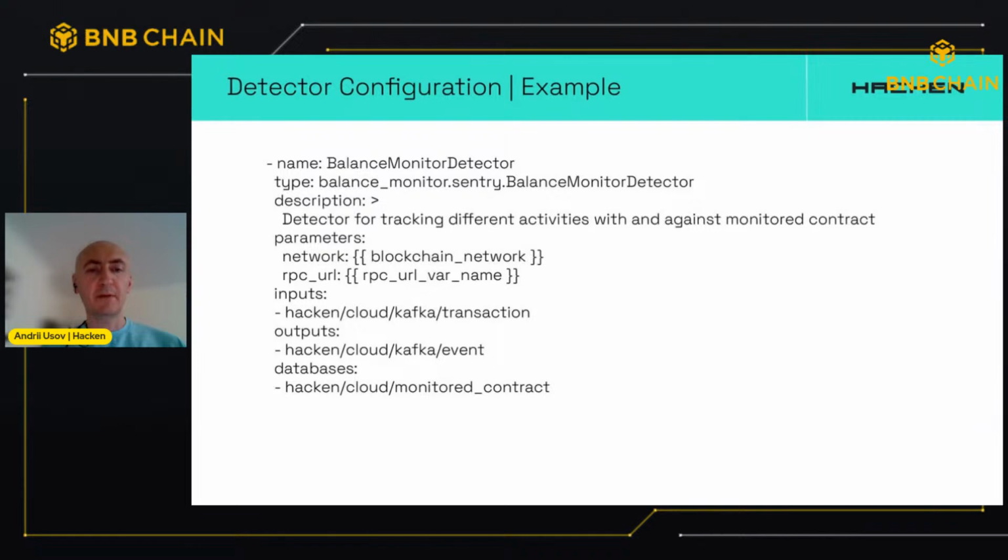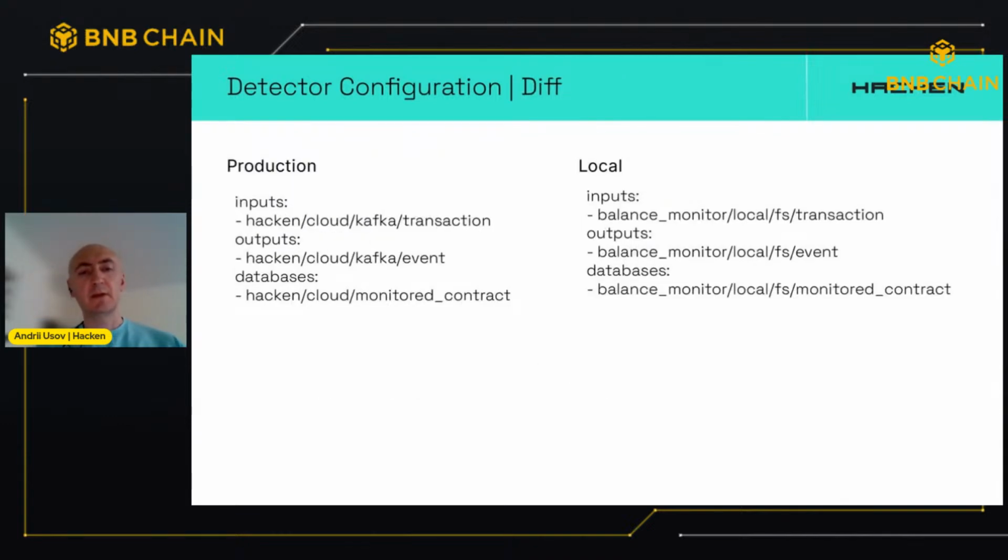And if we compare, for example, the configuration, this one is more for production, the next one is for local. So the difference is that from the left-hand side, that's production. And as you can see, this ID refers to the hacking cloud configuration, and the local one is just for the local machine or